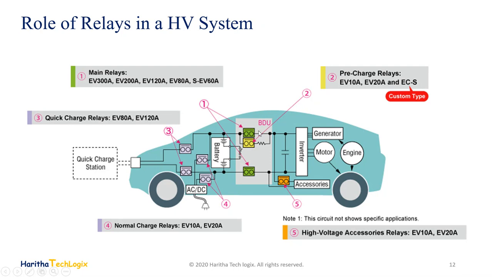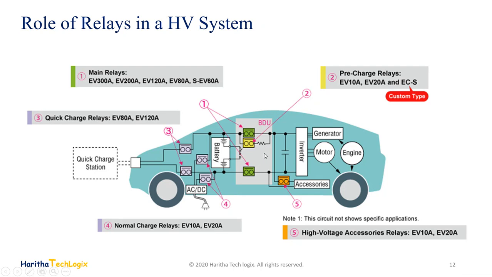Now the positive main relay and the negative main relay are closed in this condition. Thus, the pre-charge circuit allows the current from the high voltage battery to flow in a limited, controlled manner until the voltage rises to very near the source battery voltage, before the main contactors are permitted to close. The pre-charge relay is indicated in yellow in this picture, and this is the pre-charge resistor. I hope people can understand the functions of these relays.